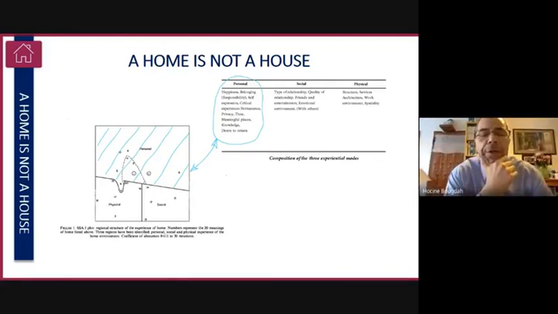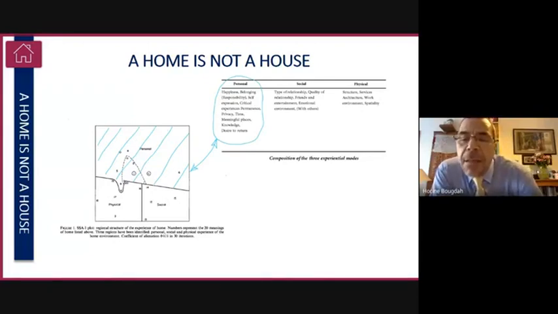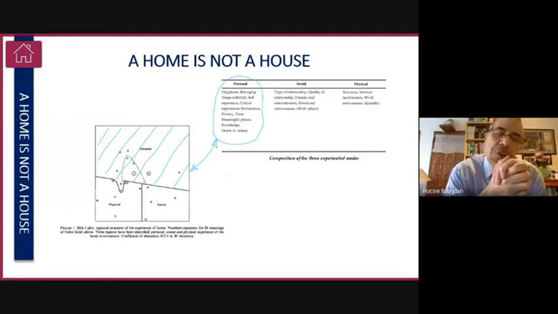Simply, the differentiation between the three is that, when considered from the personal aspect, the home can be seen as an extension of oneself, perhaps in two senses: the subjective self, that's the I, and the objective self, that's the me. A distinction which a lot of researchers in environmental psychology make use of.